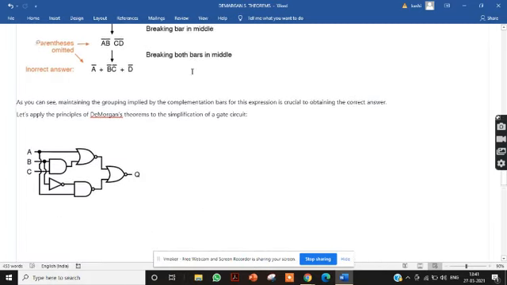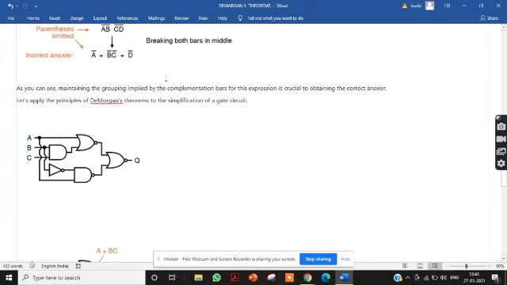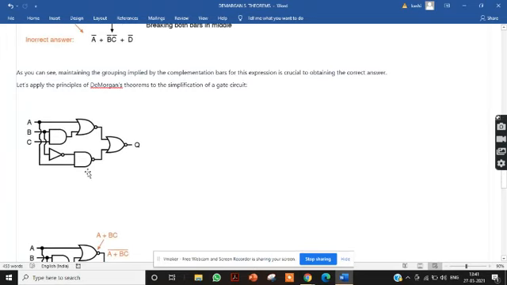Now we are going to discuss another important, complicated problem. You observe, this is the circuit given. Here, how many gates are there? 1, 2, 3, 4, 5 gates are there. You recall them. What is this gate? This is a NOR gate. This is an AND gate. This is a NOT gate. This is a NAND gate. This is a NOR gate.